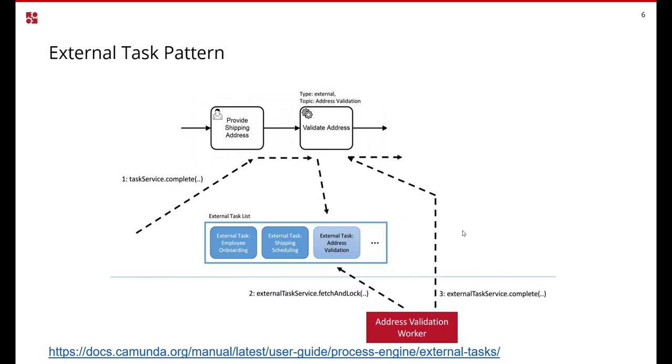The way we're going to do this is by utilizing the external task pattern. What this means is when we arrive at a given task, Camunda creates an internal queue. And this queue has a list of external tasks and topics. And what will happen is we arrive at a certain task, in this case validate address, and then the internal queue gets a new topic called validate address, and it just waits there until an external worker subscribes to that topic, then can lock the work, complete the work, and then finally the process continues. Okay, so let's get started.